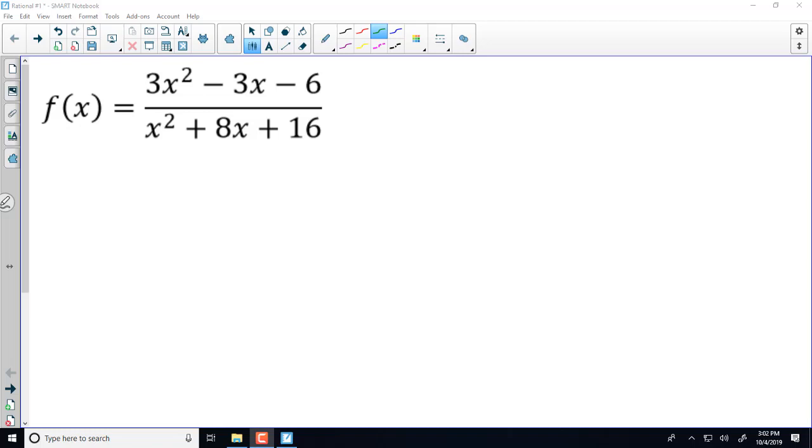We're going to graph this rational function together. This is probably actually the most difficult one of the videos I'm making, so let's go ahead and get started. I'm going to factor both the numerator and the denominator to make it easier to find both the x-intercepts and